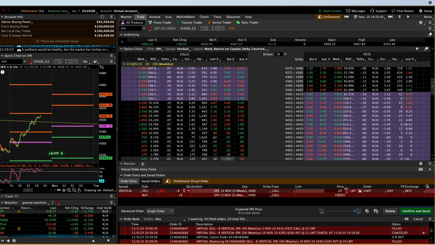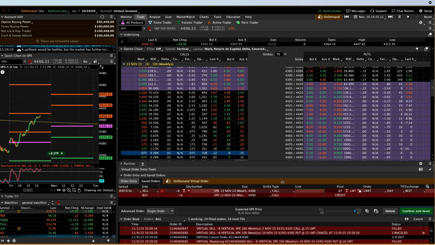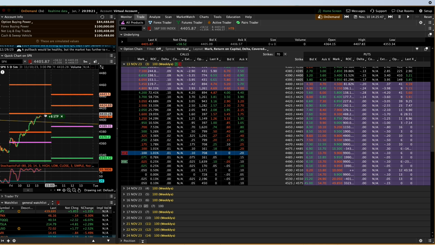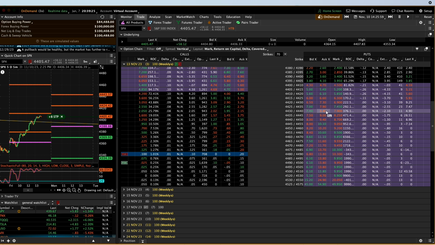So I'm gonna go ahead and take this if it's still there. Yeah, I'm gonna take it, see if we can get filled. Oh, immediate, look at that. We're gonna give up our puts today, it looks like, unless we get a rejection off of this R2 right here. It's unlikely that we're going to get a put trade off, but let's skip through and see.